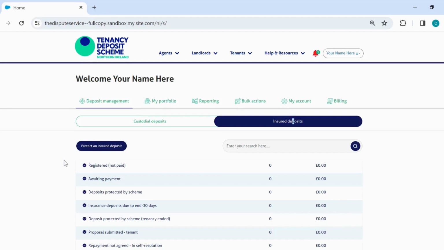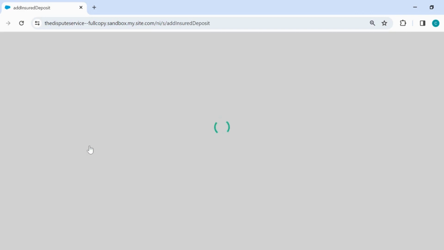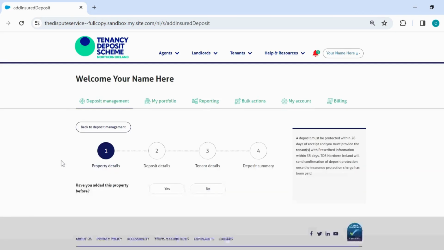To protect a deposit in your TDS Northern Ireland Insured account, click on the Protect an Insured Deposit button. From there, you'll be taken through each step to enter the relevant information for the deposit, starting with the property